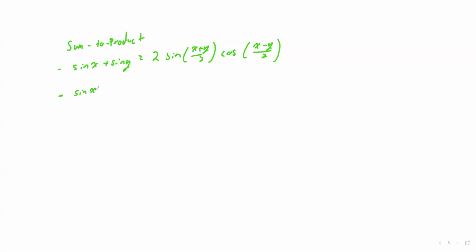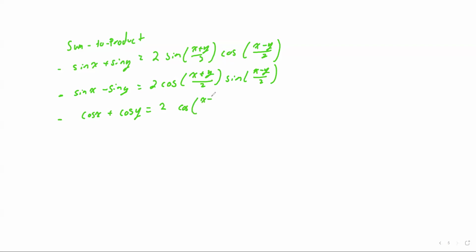I can also have sine x minus sine y equals 2 times cosine of (x plus y)/2 times sine of (x minus y)/2. I can also have cosine x plus cosine y, and that would just equal 2 cosine of (x plus y)/2 times sine